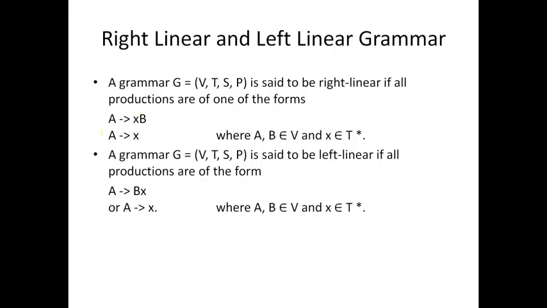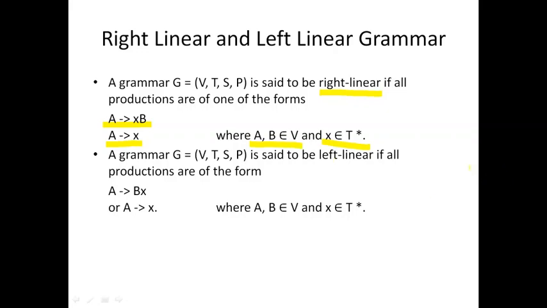Generally speaking, the productions in a right linear grammar will be of the form capital A giving small x capital B, or of the form capital A giving x, where x is a string of terminals, and as usual capital A and capital B are single